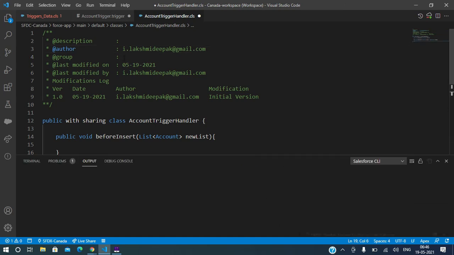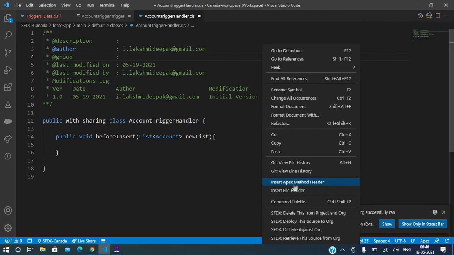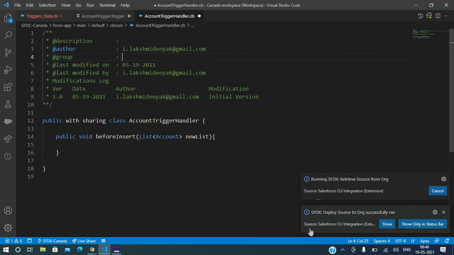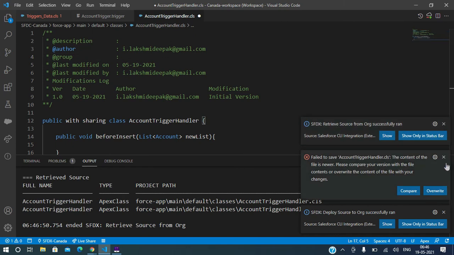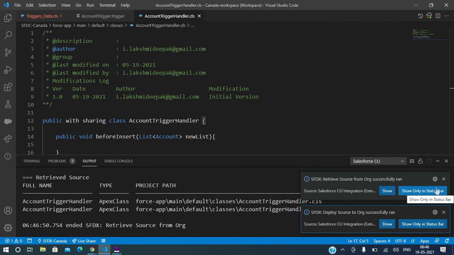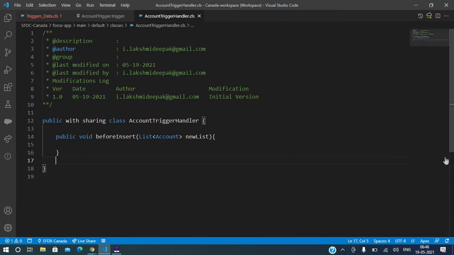It's not saving. Control X, this Control X is not working. Retrieve. It got saved now. It took time to save.